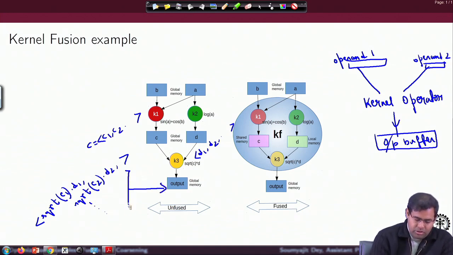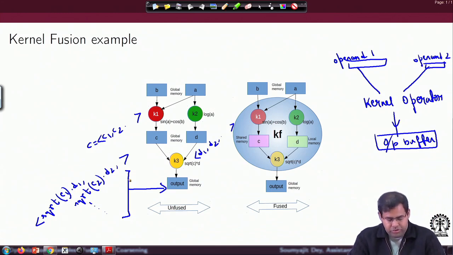So, this is what you get in the output buffer, a sequence of this kind of values after K3 executes.